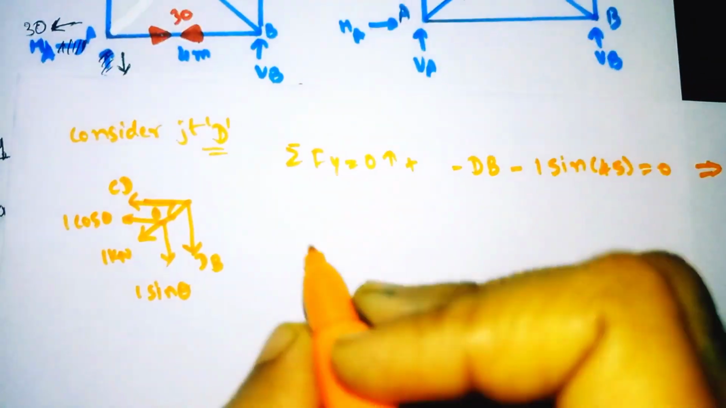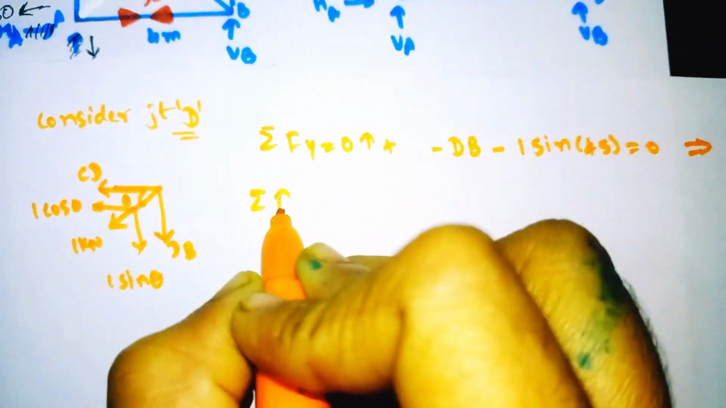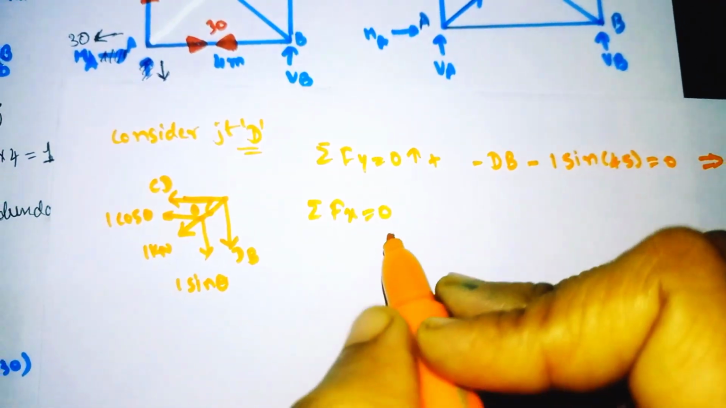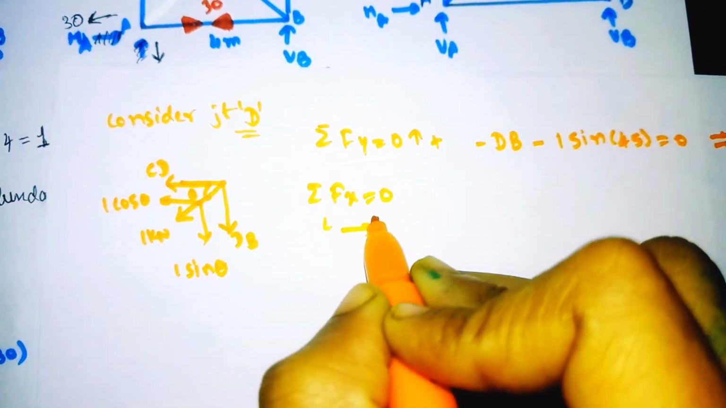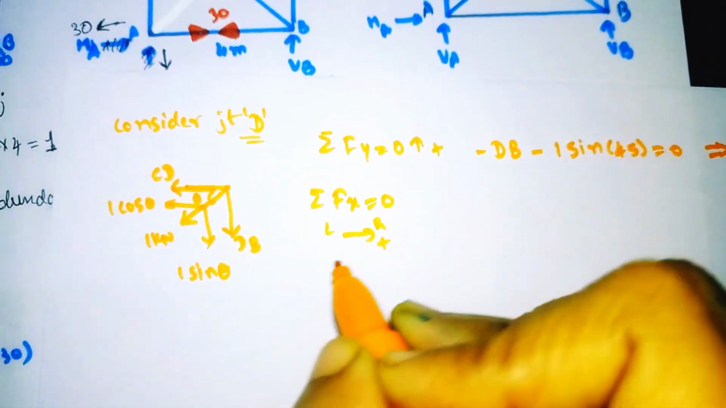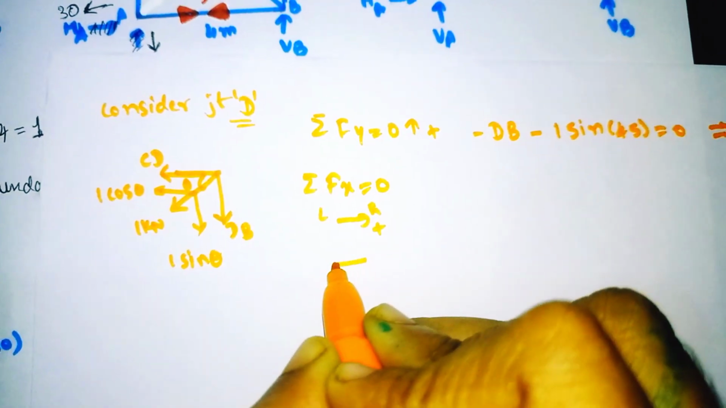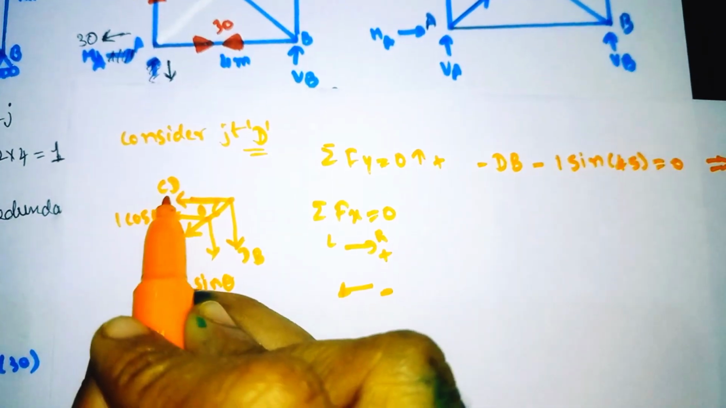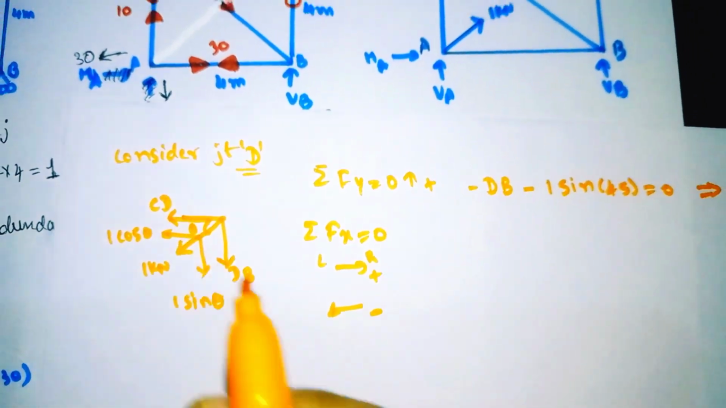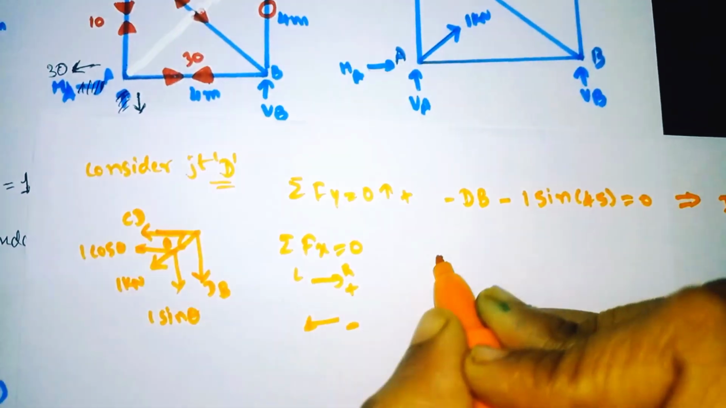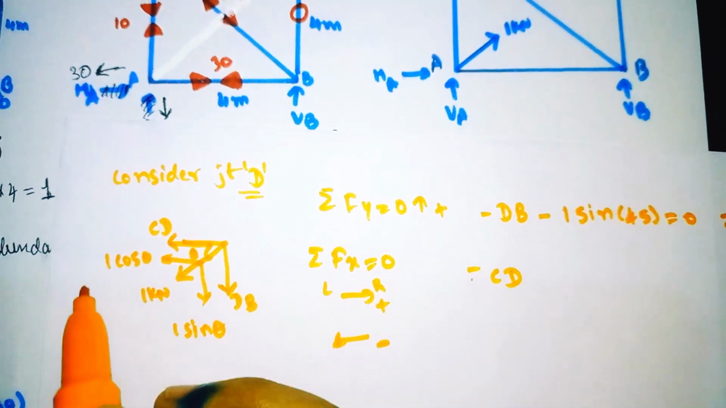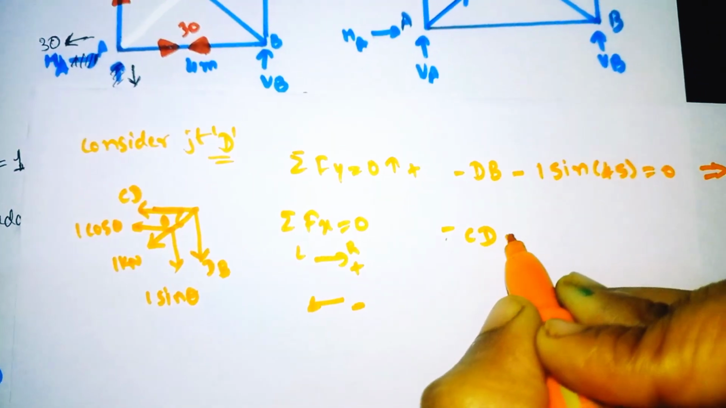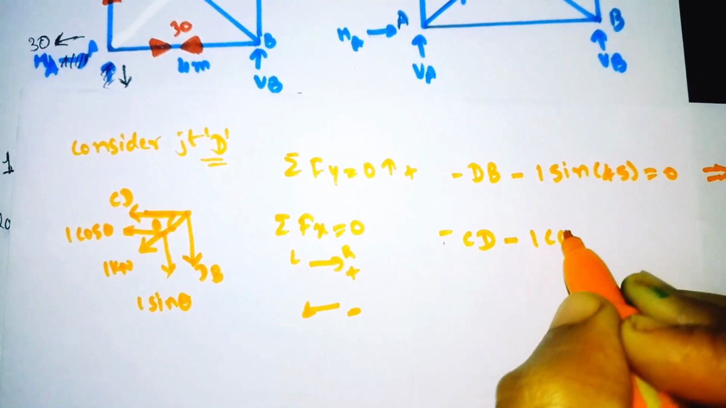Similarly, summation of all the horizontal forces is equal to 0. Left to right we need to take the positive, and right to left we need to take the negative. Our CD is moving right to left now, so we need to take the negative. So minus CD, and our 1 cos theta is also moving right to left, so negative, minus 1 cos